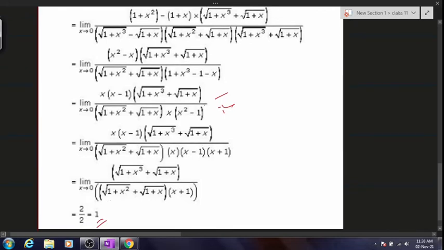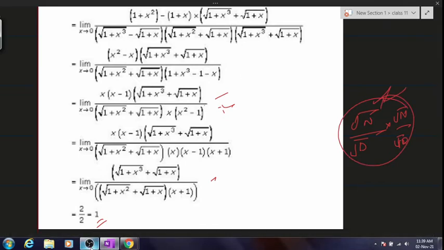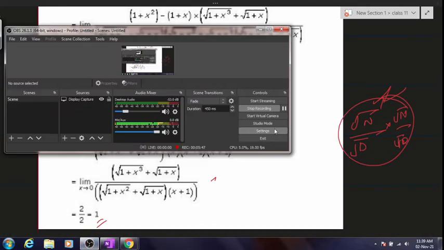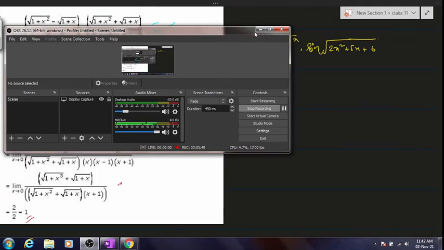Now people who haven't understood this, kindly tell me right away. Because all this while you might have been rationalizing only the numerator or only the denominator, but in these types of questions where we have roots in both numerator and denominator, we rationalize the numerator as well as the denominator. Is it clear? Now I'll give you exactly 1 minute to copy the entire thing. Forgot to switch on the recording.